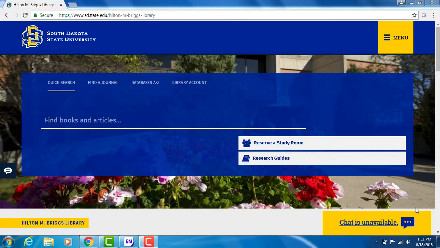EndNote is a computer program that helps you organize and store your citation information as well as to format those citations as you write in Microsoft Word. This tutorial is going to be broken up into several videos to make the download of those videos shorter and easier to watch. So I'm starting at the library's web page, and we have an entire research guide devoted to